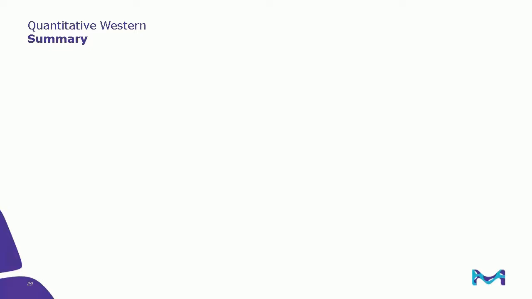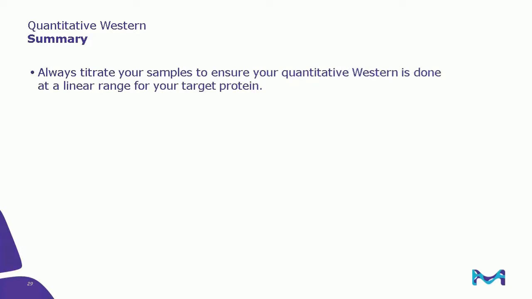In summary, always titrate your samples to ensure linear range for your target proteins. If you don't have enough sample, and we ran into this issue with Alzheimer's samples, at least try to run samples in 3 dilutions and do upfront optimization with normal samples. If you're using film, take images at multiple exposures and use an image with desired linear range.